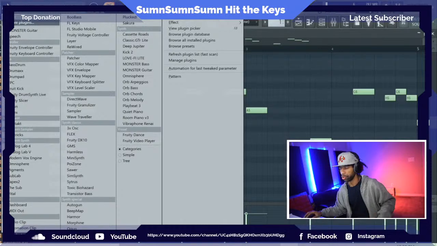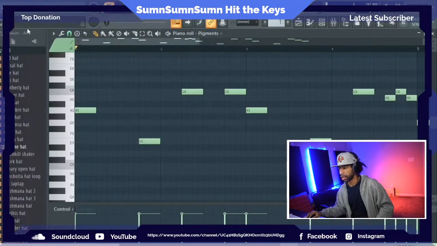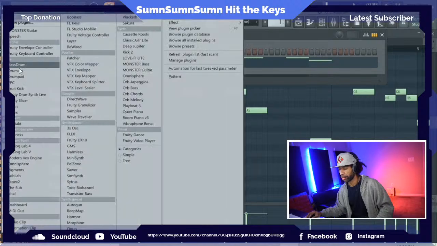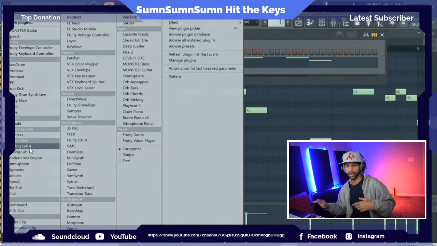I couldn't see myself spending all that money on another sound bank when I don't need it yet. Maybe one day, but I think I'll probably go the route of the V Collection 8 or 9. They're probably going to drop a V Collection 9 pretty soon. So I'll probably be more invested in Arturia V Collection, just because I like the fact that you can tweak and do so much stuff with those synths.